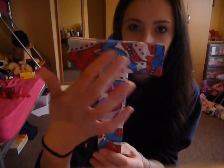Another thing that I did was I made this letter T. Obviously T for Tammy. If you watch my Christmas haul, then you'll see that I got all the letters of my name. And I just covered it in this tissue paper. I really like the design on this. I think it's really pretty. And if you can see, it's kind of like a collage effect. What I think I'm going to do is...